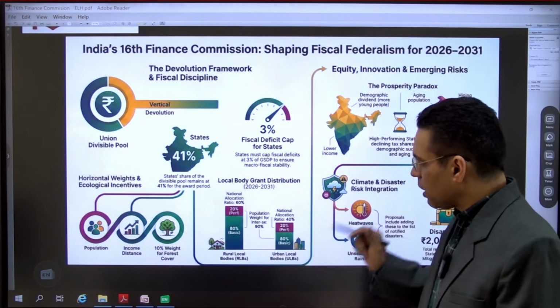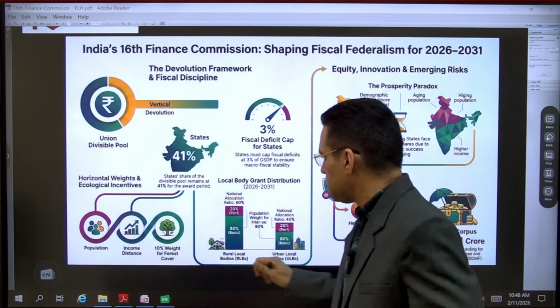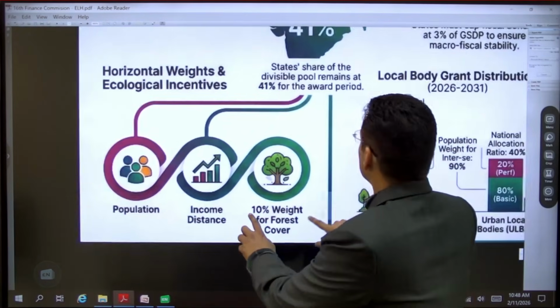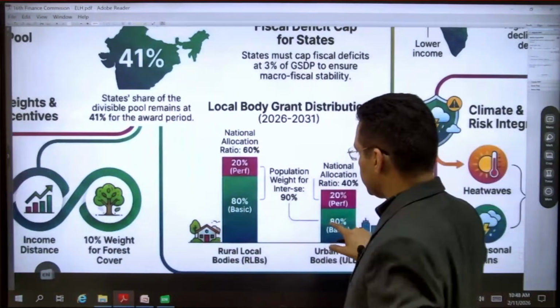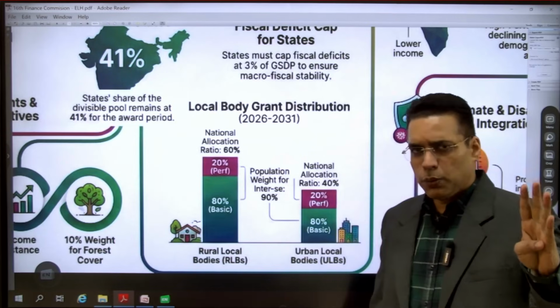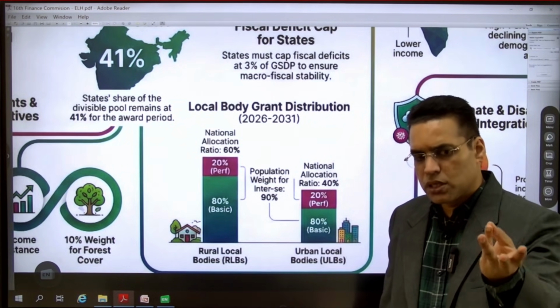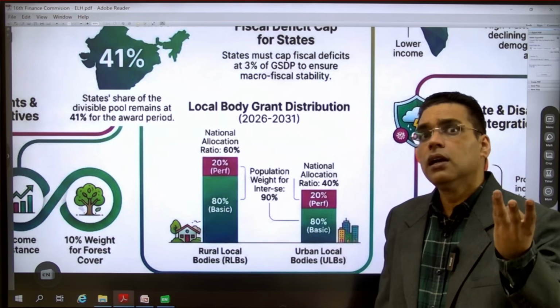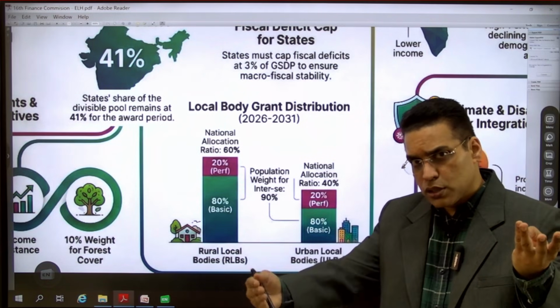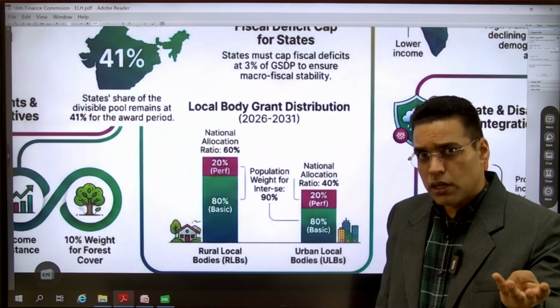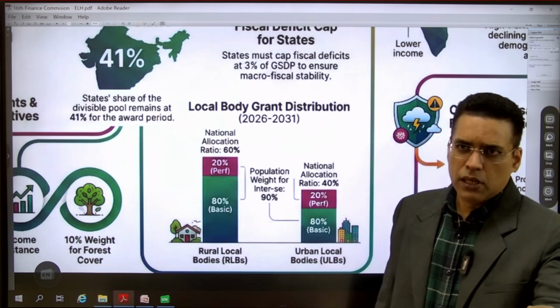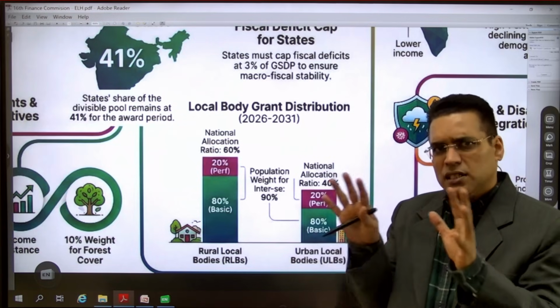One more very important concept, the concept of grants to the local body. Now I want you to understand this and see this image. So broadly, what are the functions? Tax devolution, just think of it in your mind, tax devolution. Second is grant in aid. Third is how do we augment the local bodies' resources? And fourth is fiscal consolidation. And fifth is disaster management. Other functions can also be there, but these are the major functions.